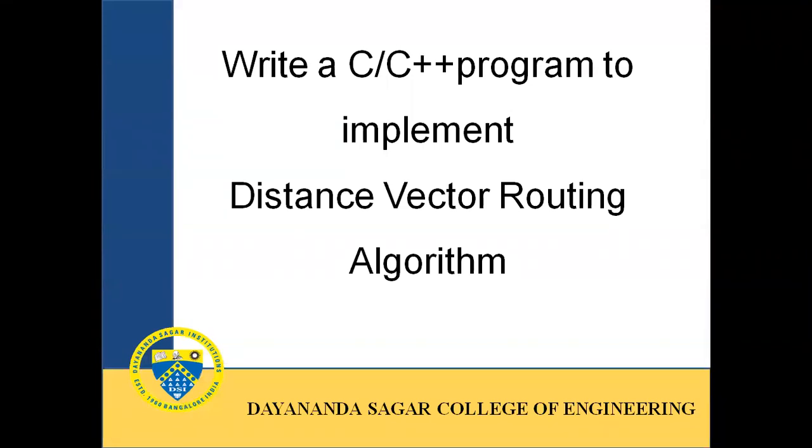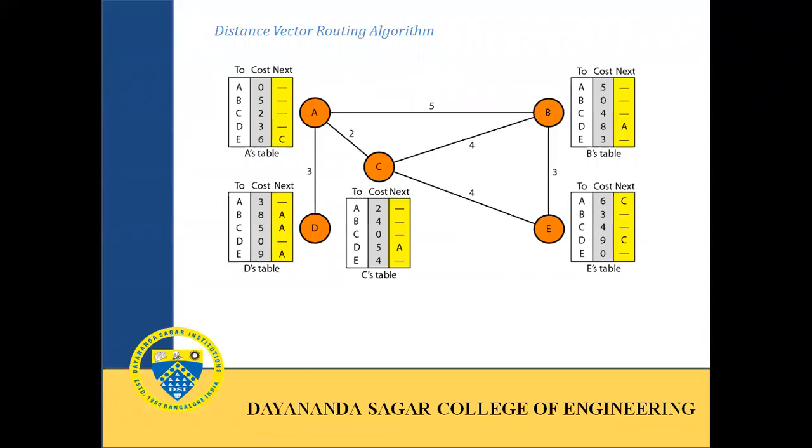In this session, we'll see the distance vector routing using a C program. The distance vector routing is used in the network layer where the nodes in the computer network will have a routing table in each node, or a node is considered as a router which maintains a routing table, and based on the routing table, each node or the router can find out the path to reach the other nodes in the network.